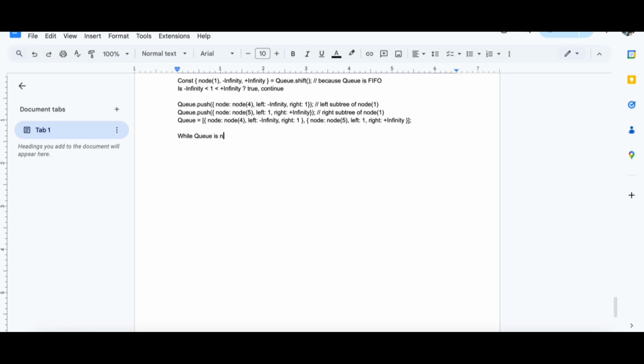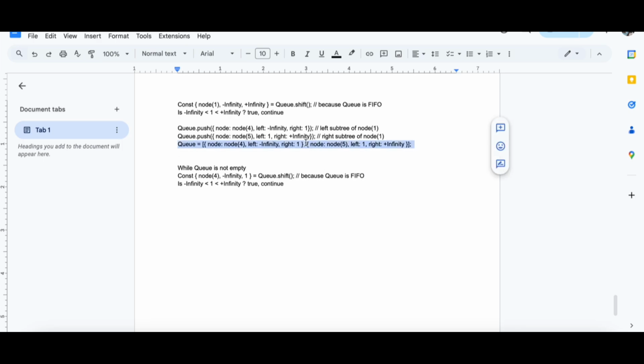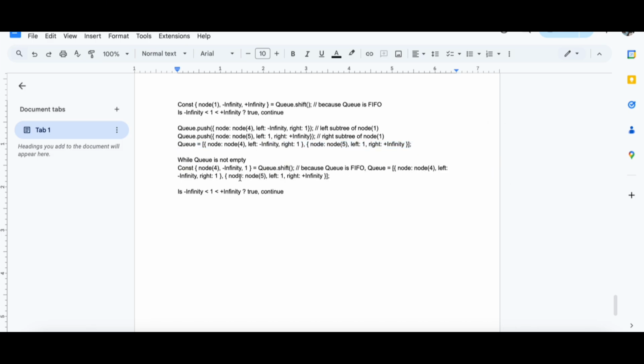While Q is not empty, we're gonna get from the Q. First in, first out, so we're gonna get node 4 first, min infinity, and 1. Now the Q only leaves this.